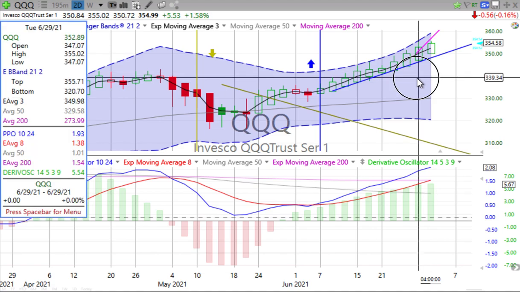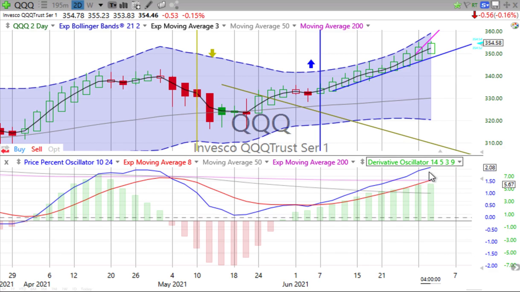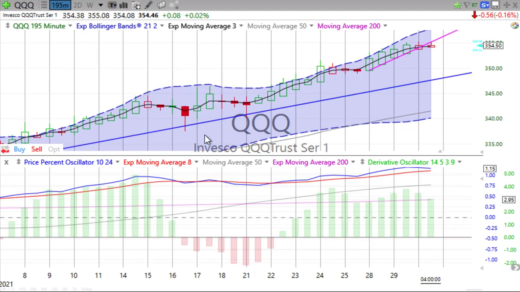355.23, previous 355.02. So again, it too just inching up a little higher. Price percent oscillator moving up, derivative oscillator moving up. Half-day chart, that's where we can see, again, down a little bit for the day, 0.16%. Now, again, the higher high that it reached, that's not where it settled out. Where it settled out was down a wee bit, 0.16%.